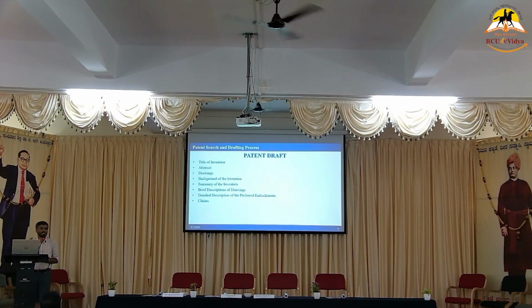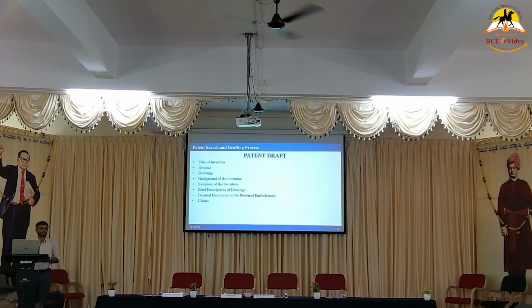Title of the invention. The title remains the same in the journal and in your patent, but whatever journal title you are putting should not be the same for the patent. You will put 'study and investigation of so and so'. That is not required here. It should be very simple, within 3-4 words relating to that area. Not the study, investigation, and experimentation of. That is good only for the journal. The title for a patent is totally different. We will see it in the example I have taken. There we will have a look.